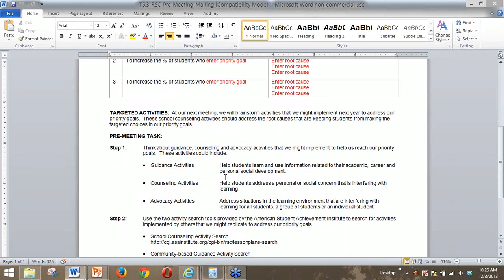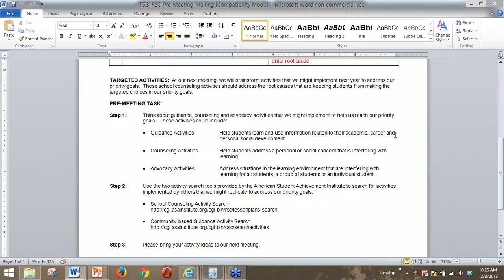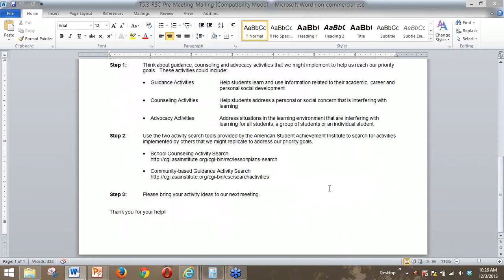These activities should include the different types of school counseling activities, and again, another little definition of them. Step 2, use the 2 activity search tools provided by the American Student Achievement Institute to search for activities implemented by others that we might replicate to address our priority goals. So we've given them 2 links.